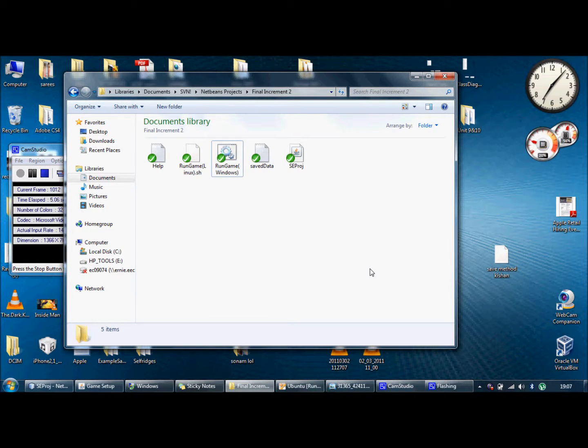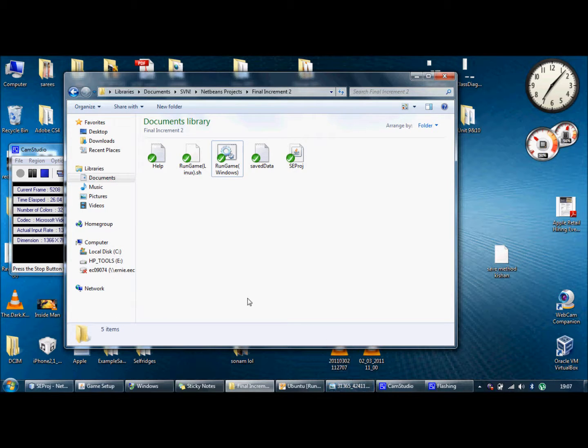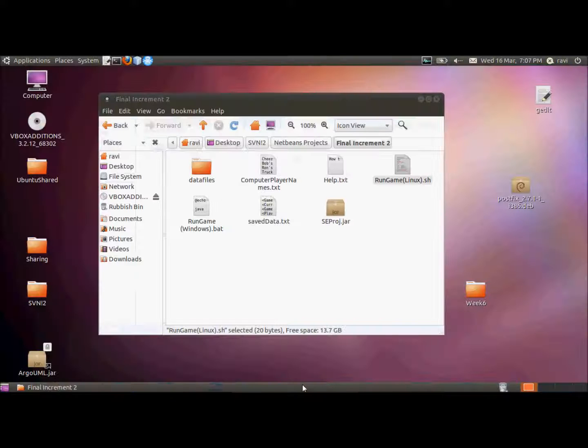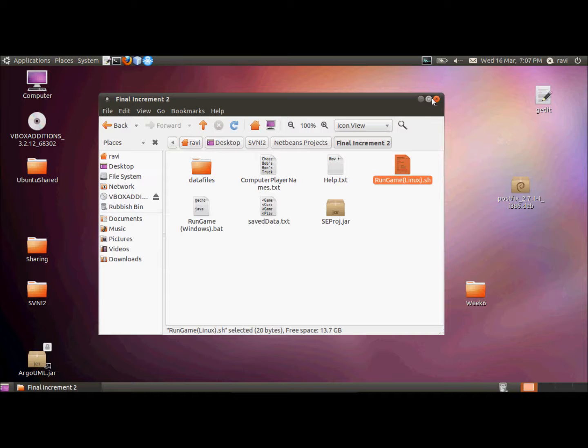The first thing that you'll see when you open up your game folder is that it's got three different types of execution files. If you've got a Mac, double click on SE Proj and it will automatically open up the game. If you're using a Windows-based computer, click on Run Game Windows. And once that happens, the game will start. But if you're using a Linux-based system, click on the file saying Run Game Linux. Click Run when it's prompted,